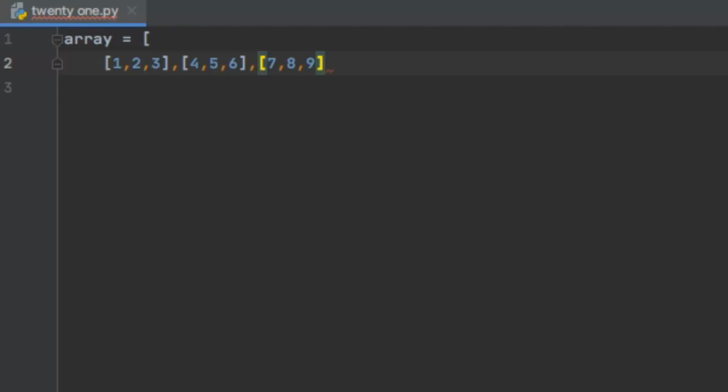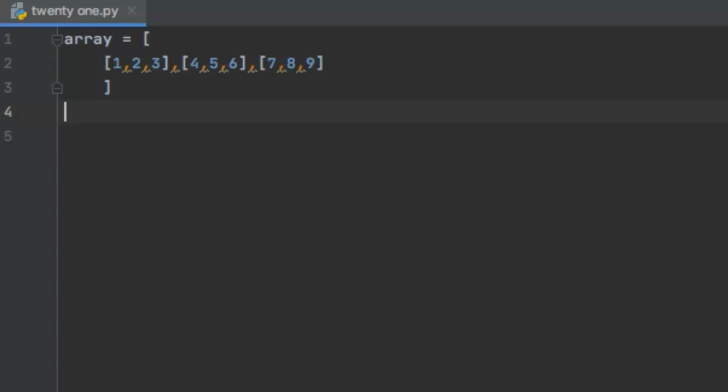And the outer list is closed with a square bracket. So this is how we define an array or a matrix, or in Python we call it a two-dimensional list. Now how do we access the elements of this array?